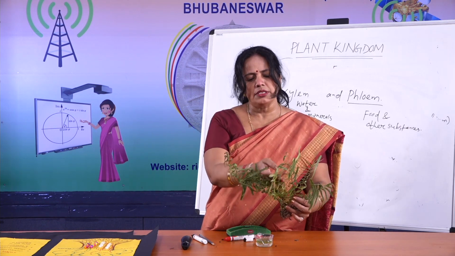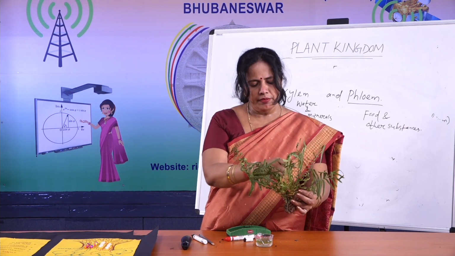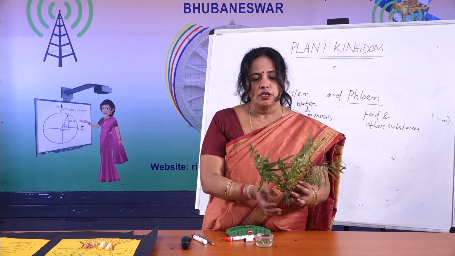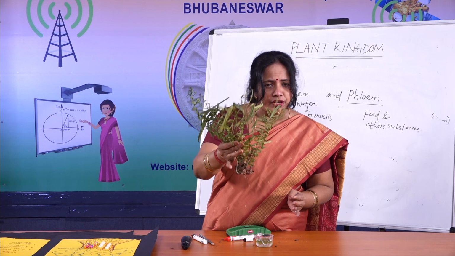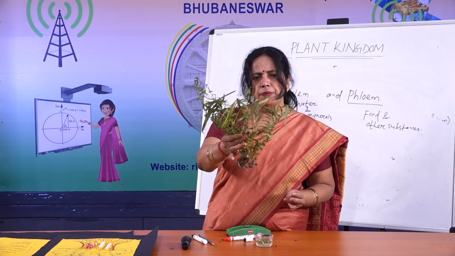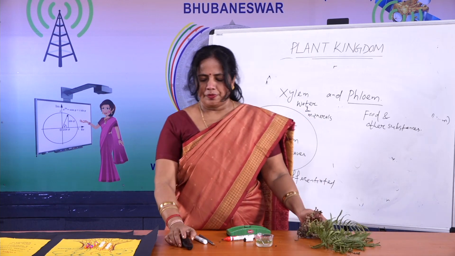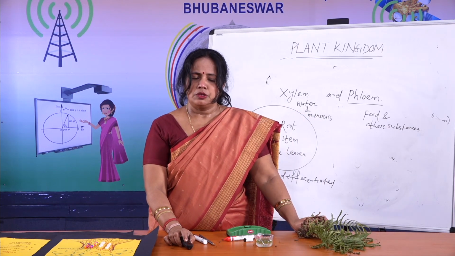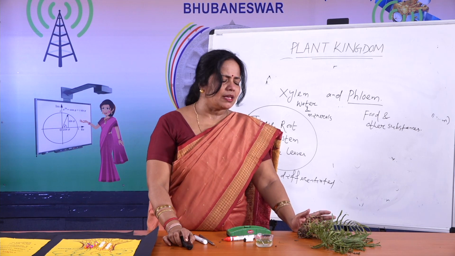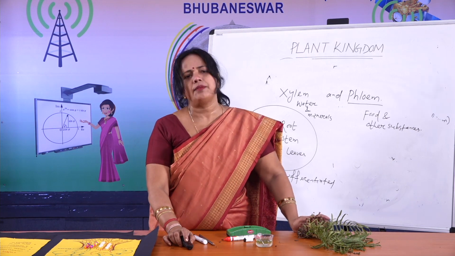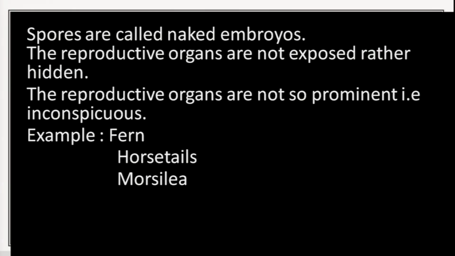Got it? That means it has leaf, it has stem, as well as roots. So there is complete differentiation of the plant into root, stem and leaves. Some other examples are Selaginella, horsetails, Marsilea, Equisetum. These are the different examples of